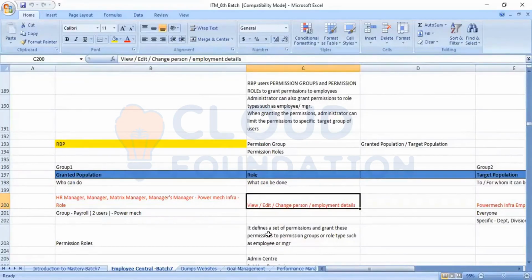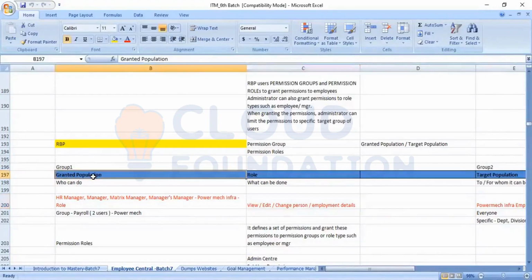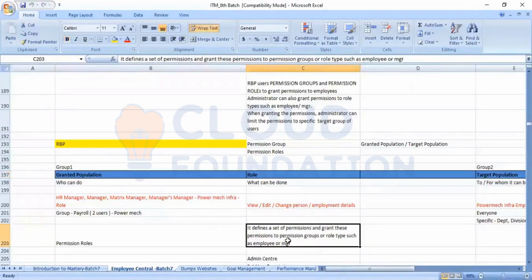It defines a set of permissions and grants them to the permission group or role. We define a permission and grant it to the granted population, which means we are giving access to a particular group or person for a specific role.